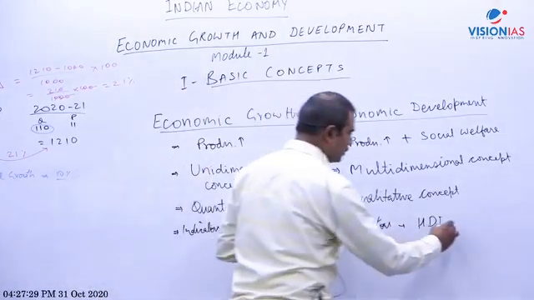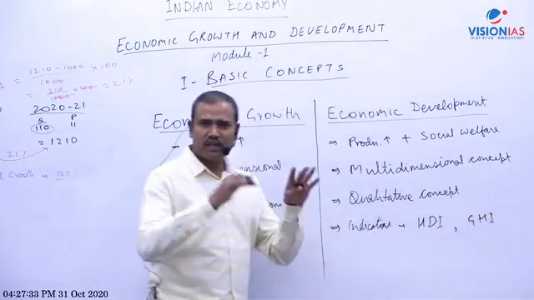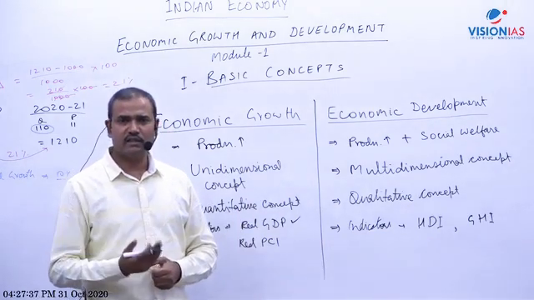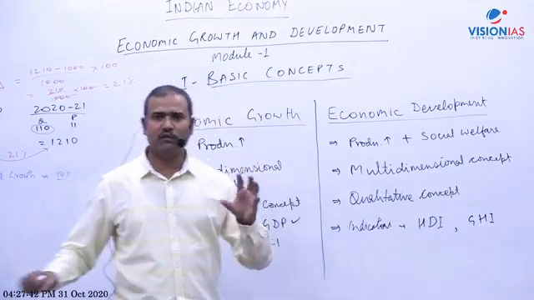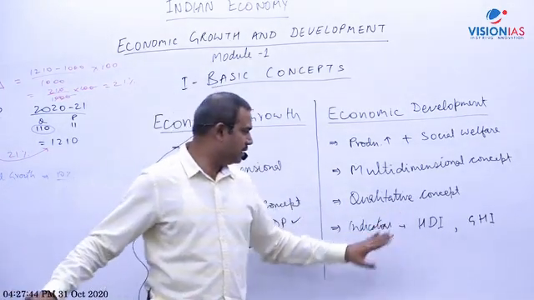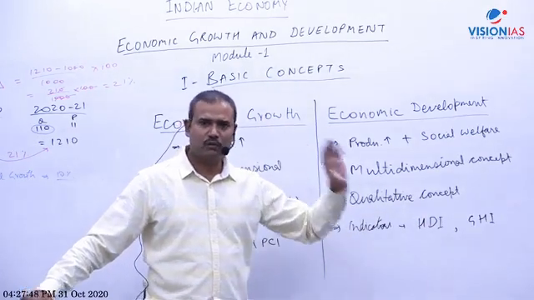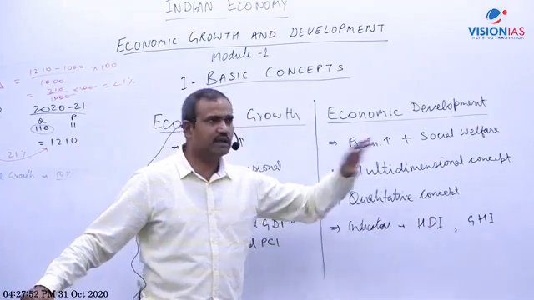I told you earlier also about the global hunger index, because if people are hungry, obviously the level of development will be low, meaning they are deprived of basic things. And other gender indices like the global gender gap index, and the world happiness report. We will discuss some indices separately. So various indicators are used, and one by one in the next section I will discuss these indicators.